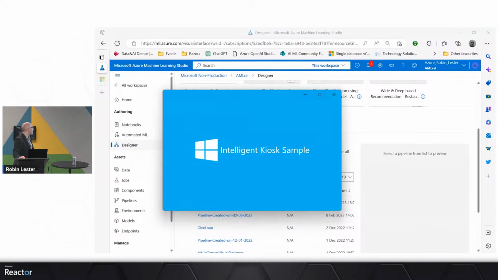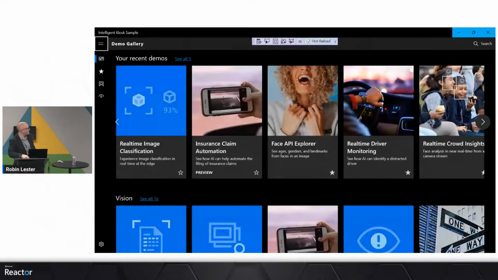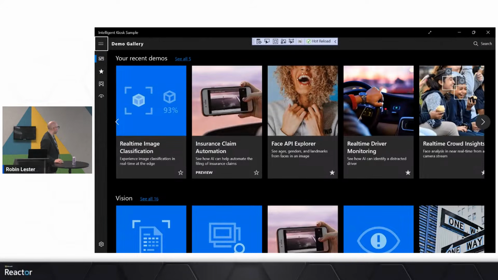So here we go, Intelligent Kiosk. I'm running it from Git, so I'm running on Visual Studio, just waiting for Visual Studio to kick in. It might help if that's plugged in. It'll be a bit quicker. Okay, you may or may not have seen this before. Let's have a look at